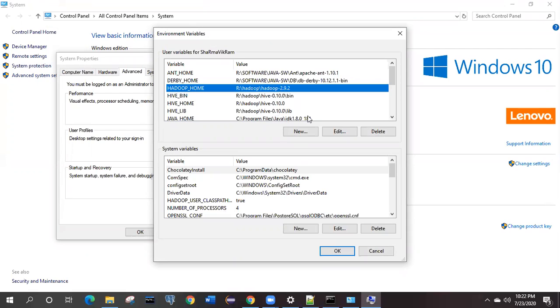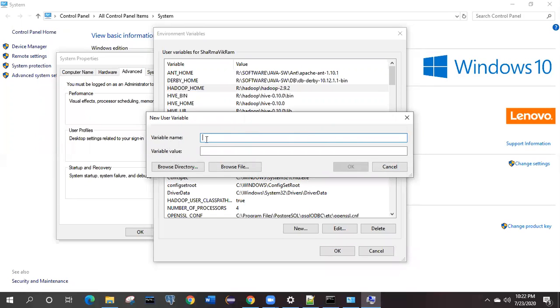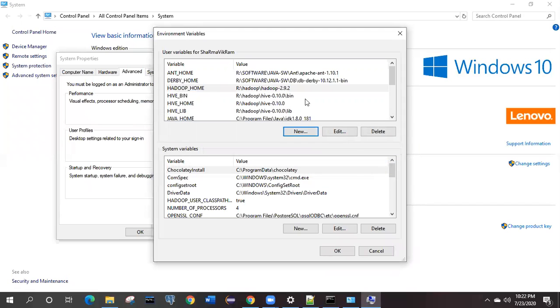You can see HADOOP_HOME. So initially it will not be present in your case. So what you have to do, you have to click on New. If you click on this one, it will ask you the variable name and the variable value. So variable name is nothing but HADOOP_HOME, which is in caps. And then it will ask you the value. So value will be the location where Hadoop is present in your machine.